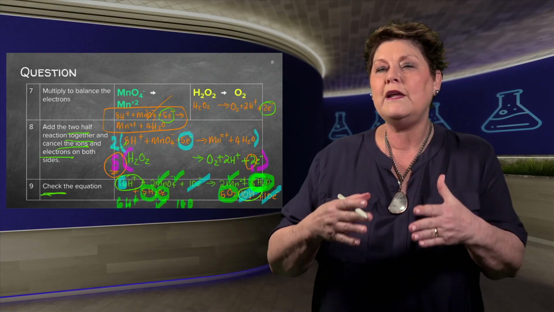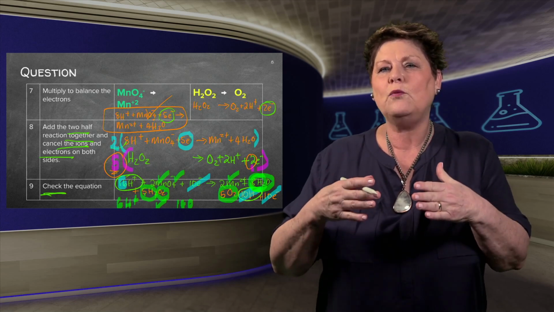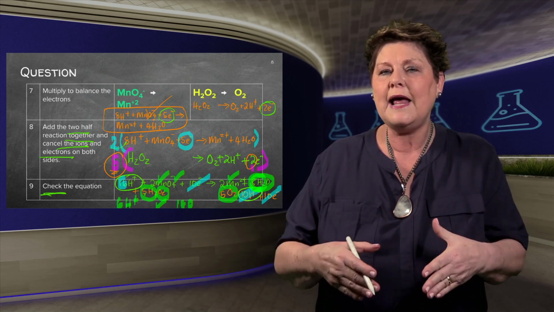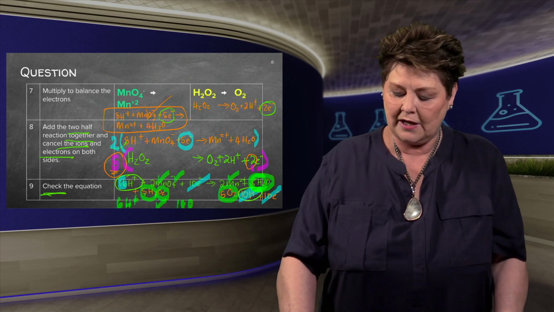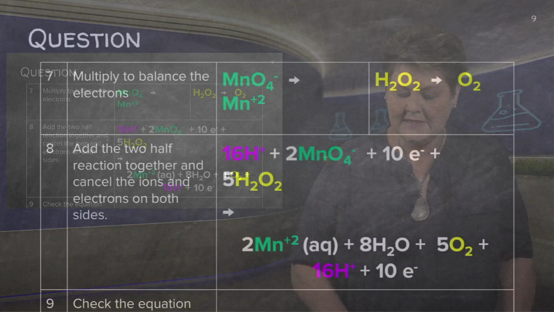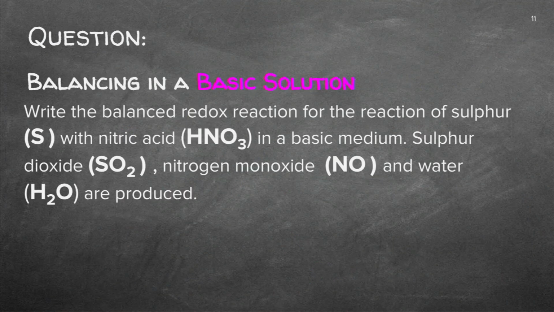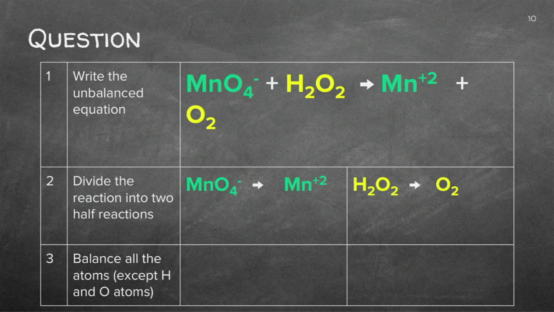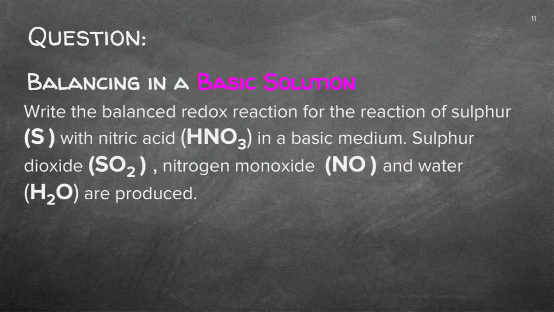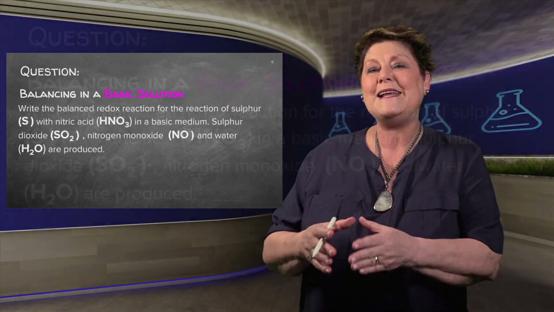This is extremely complex, and it takes a while for you to practice this. So go and have a look again at this video and do that. Let's go to a fully balanced equation. Can you see here? I've got the 16 there. I had the 16 there. So go through this equation and see if you can find the balanced reaction. I just want to reiterate: you divide the two half reactions and you balance firstly the manganese before you get to the oxygens and the hydrogens. Right.